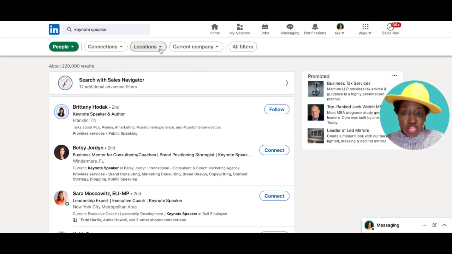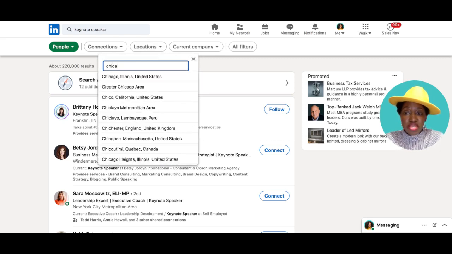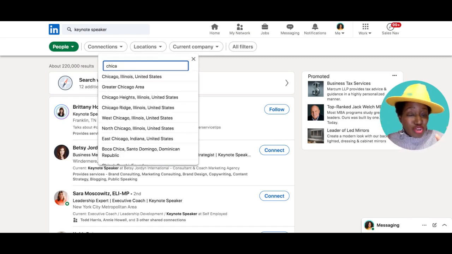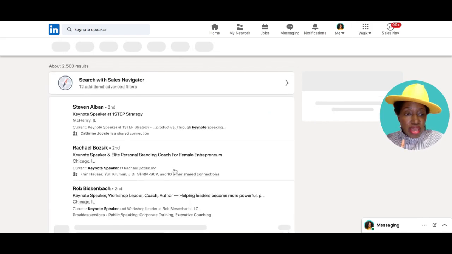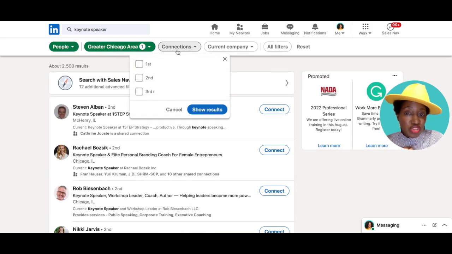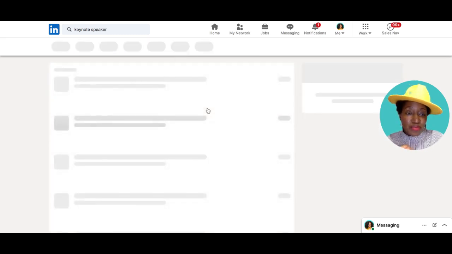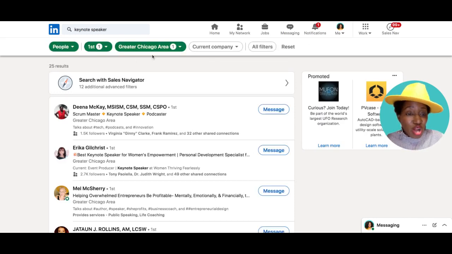So now we're going to go by location and just put in Chicago. It's going to typically say Chicago, Greater Chicago Area, Chicago Heights. You can be very specific. And then you show your results. However, one more thing, I only want someone who is my first connection so I can reach out to them directly. You can toggle first connection. And then you have 25 people in the Chicago area who are first connections who I could now select as